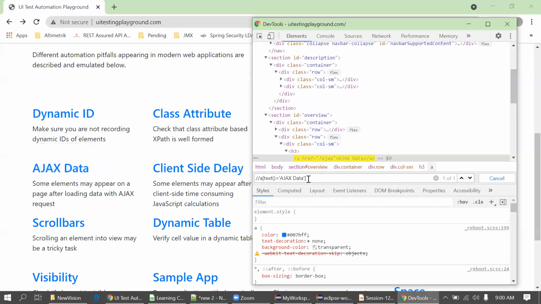If I want to go for the parent, I will put it like this and look for the div. But I'm not getting an element because for this element the parent is an h3, not a div. So I will put the h3 here, and I'll get one element.